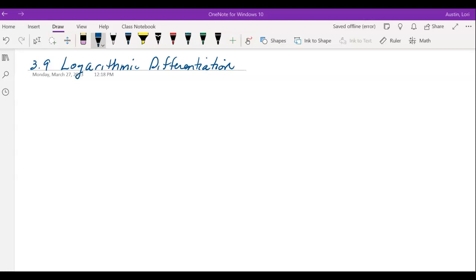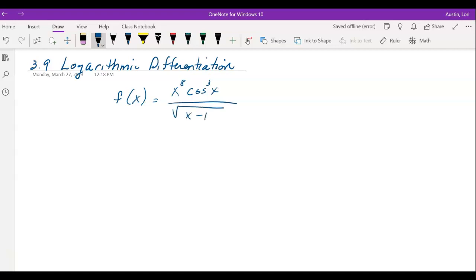Hi everyone, this is just a short video detailing how we can use our properties of logarithms to help us differentiate some more complex functions. When I talk about more complex, I'm talking about something where you would have to apply many of the rules we learned. So for example, if f of x equals x to the eighth cosine cubed x over the square